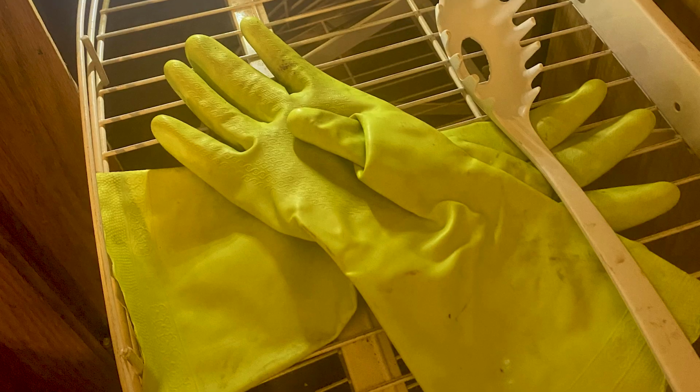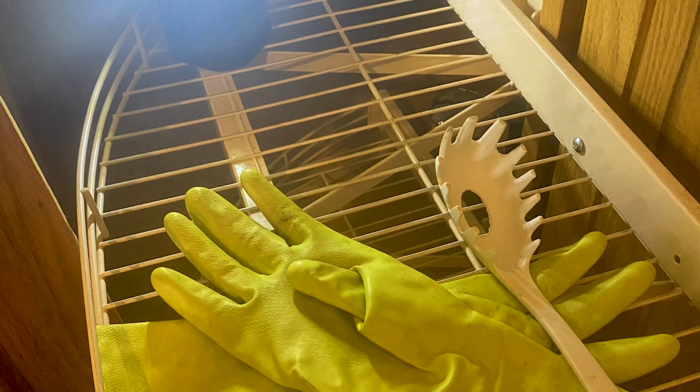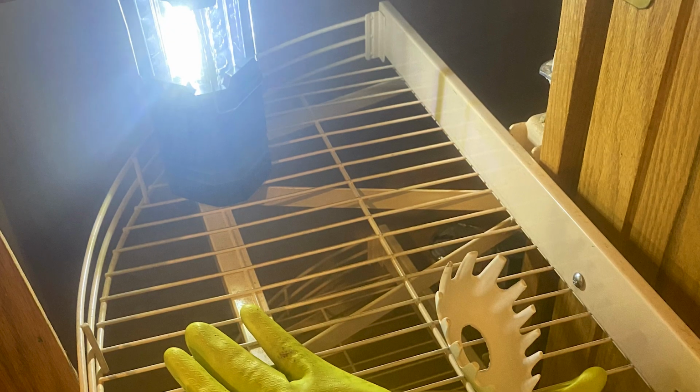And so it was actually a good thing this happened, because I tried 3 flashlights and they're all dead, so I need to charge those. But this one is solar, and it's got a nice bright charge on it. And it's newer. So anyway, I just set that up in there so I could see,